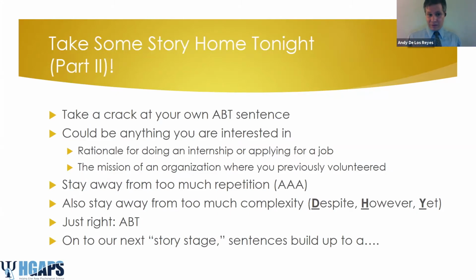Here's another exercise I'm going to give you. So this homework that I'm giving you is three-part. This is the second part of the three-part homework series, right? So what I encourage you to do is take a crack at putting together this sentence on your own, and it could be something that you're working on right now. It could be an application you're putting together for an internship, or a job application, or a grad school application. It could be a description of a set of experiences you had with an organization that you're a part of before. And the trick is, you don't want to just give people facts.